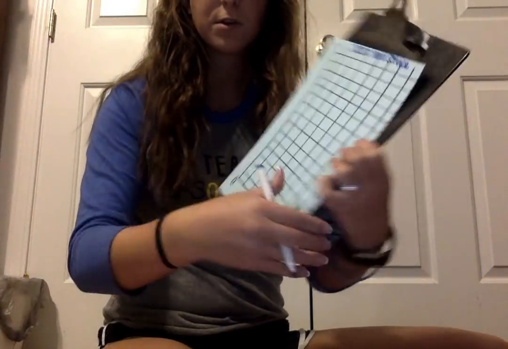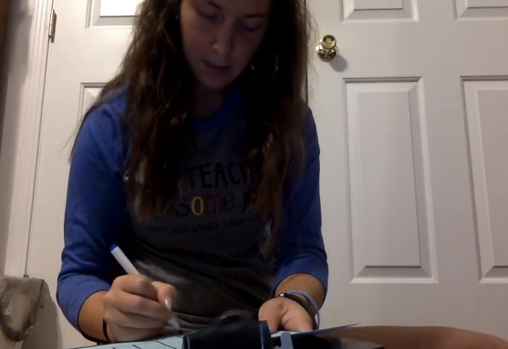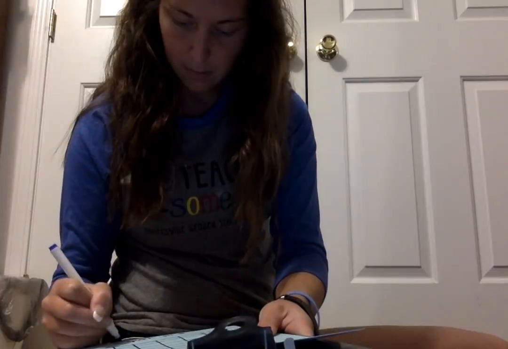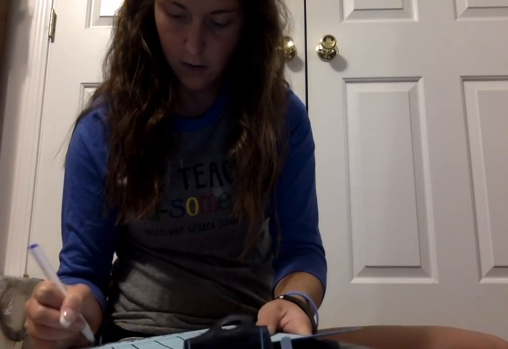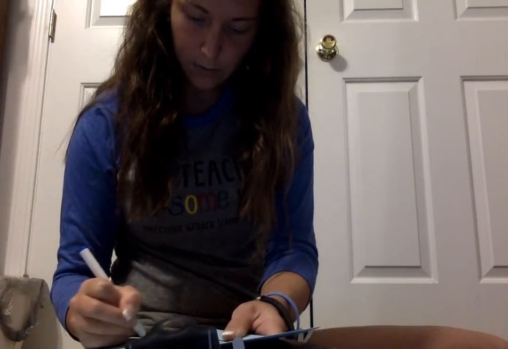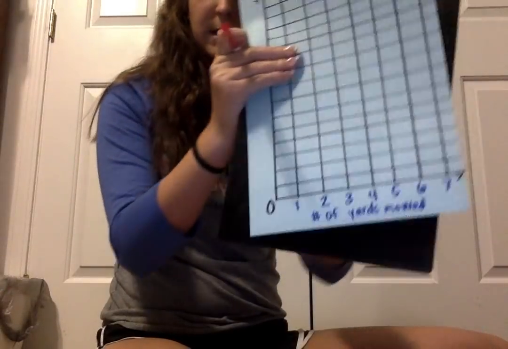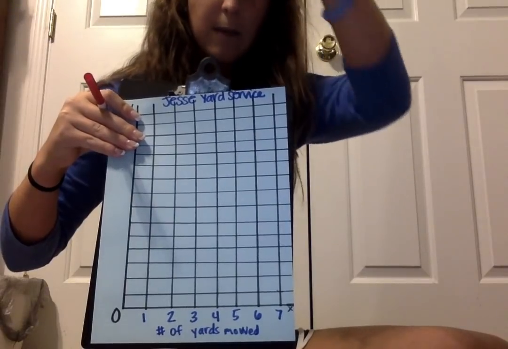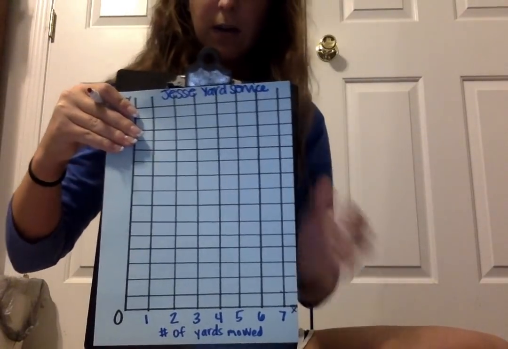Right, the number of yards mowed is going to be the x-axis. Number of yards mowed. And I can go ahead and label those as the different yards. So I numbered to 7. That's all I had room for. And then my y-axis, we still need to figure it out. So my y-axis is going to be my earnings. That's what's left. And I'm going to label it